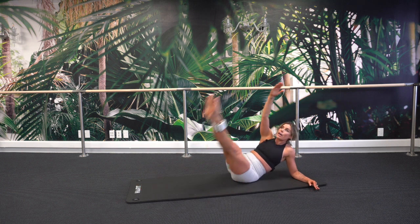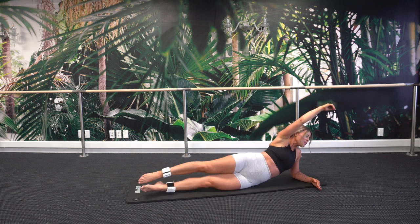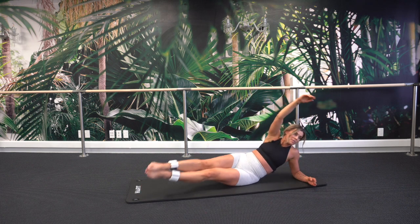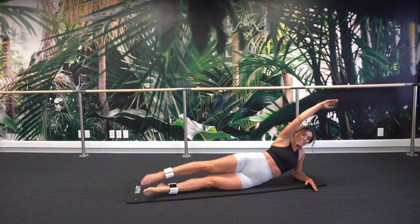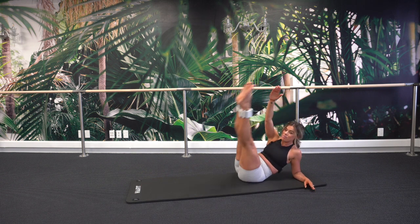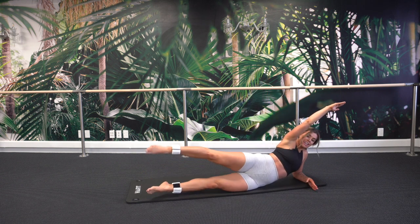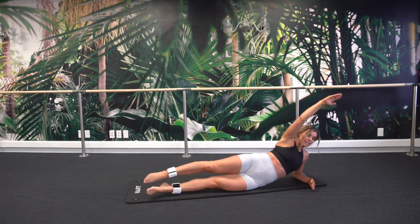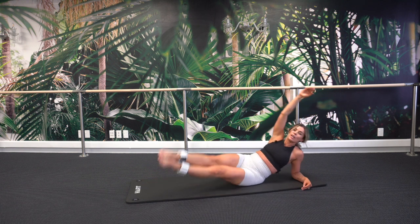Click, come up, good, reach, and click, few more. Come up, good, reach, and click. Good, come up, and reach, and click, keep going. Reach for the toes, balance on that hip bone, click the heels. Do 4,